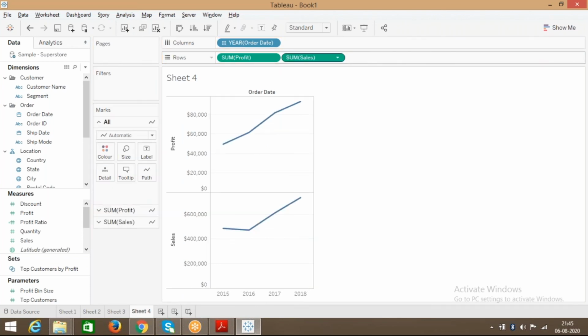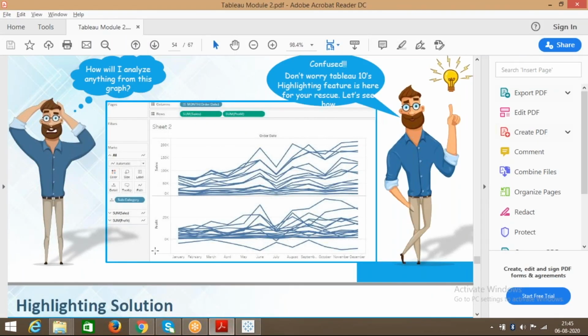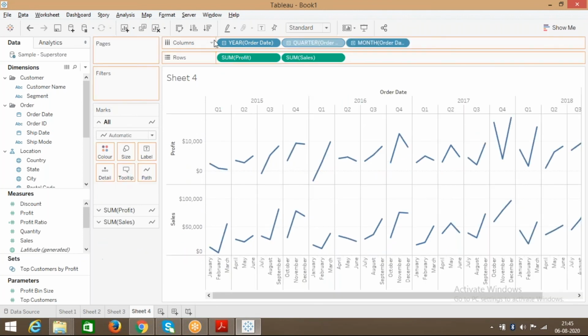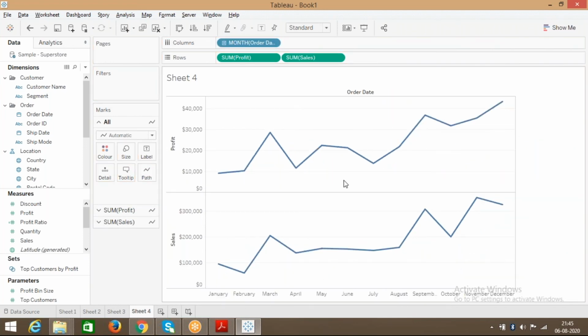Okay, so when you look at this, you have an order date and you have a profit and then you have sales. Now just click on this. What happens? I'll get more values. Next, I want to get some more information. Maybe I'll click on this. I'll remove the quarter and I'll remove the year. I have the month-wise data now.